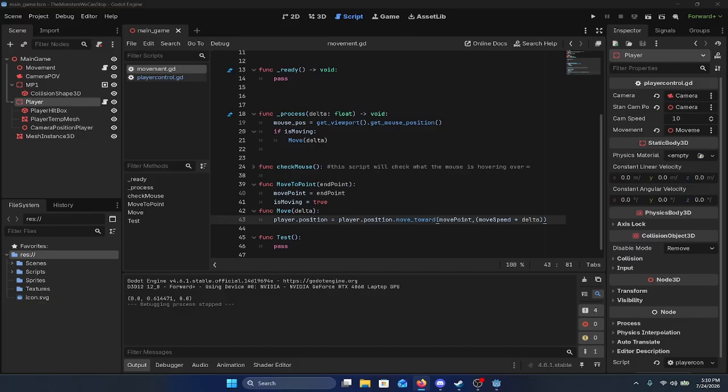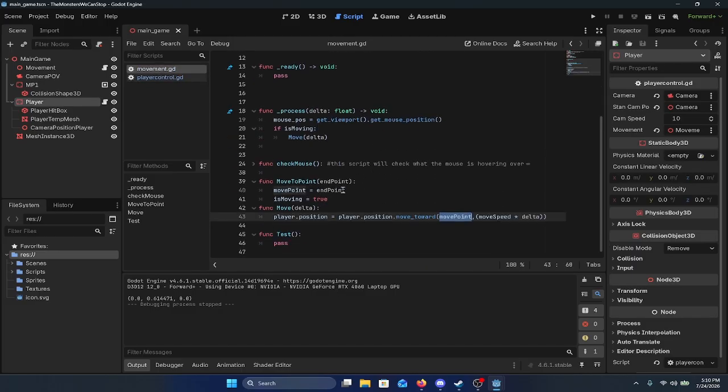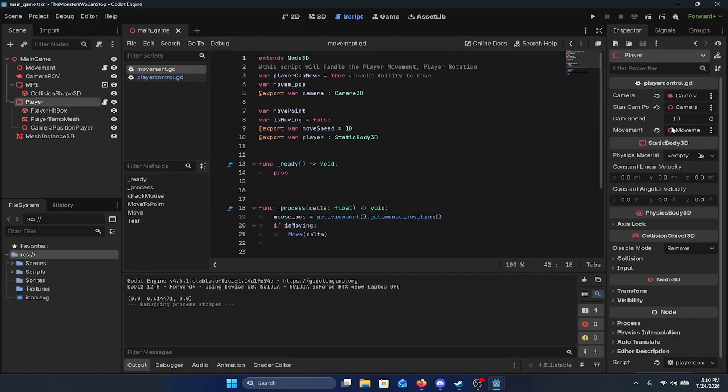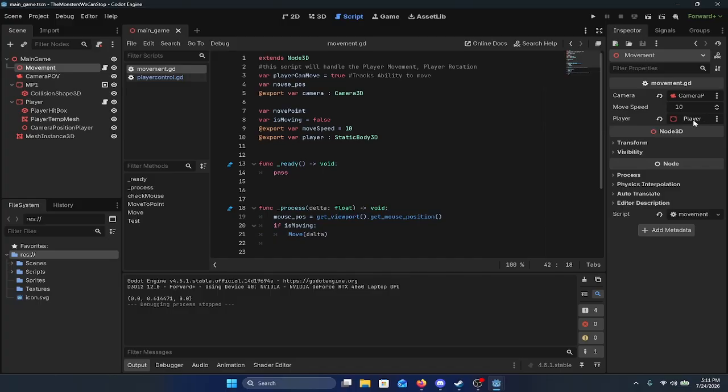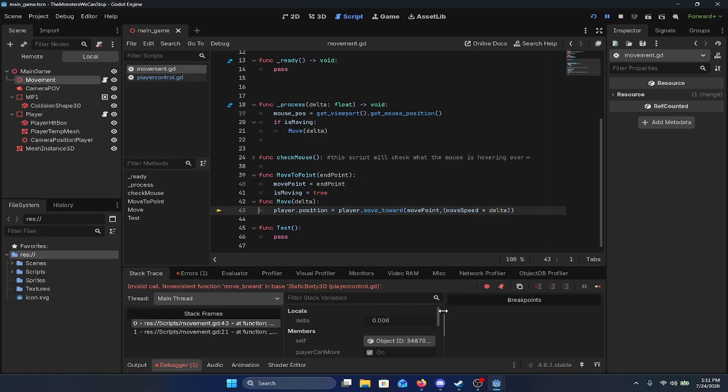If you can't tell, I'm confused. Player dot position dot move, move speed delta. The move point is the end point. But the thing is that when the player moves, the player is, yeah, it is this player. So player dot position equals player dot. If I just do that, then yeah, it does need the